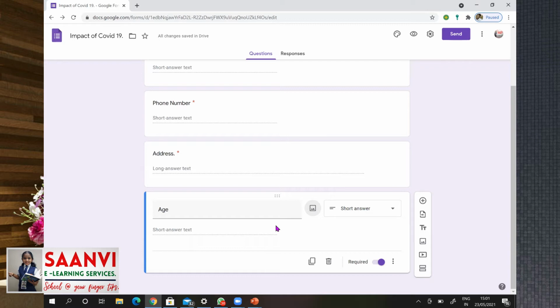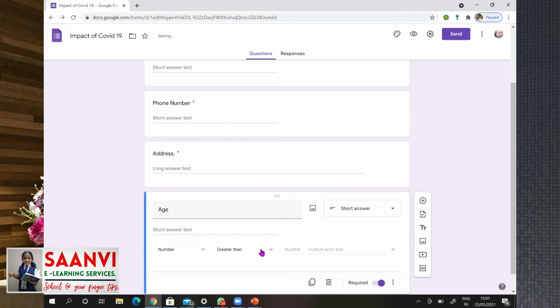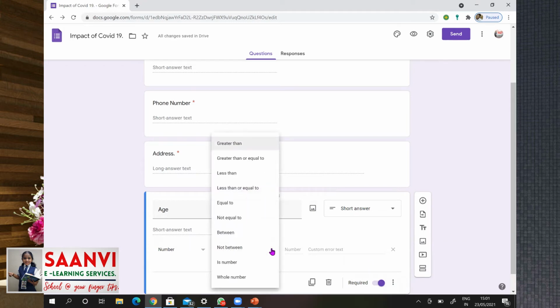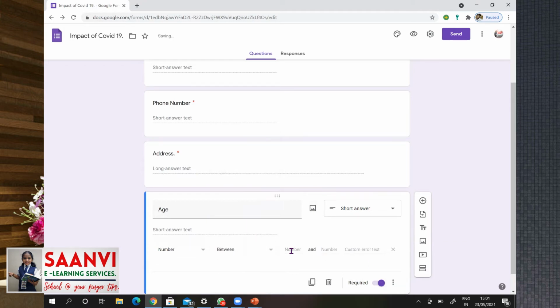Age, as it is a number, let us also add validation by response validation. Is number, let us add between 20 and 80. If a person enters other than 20 and 80, it shows the message.